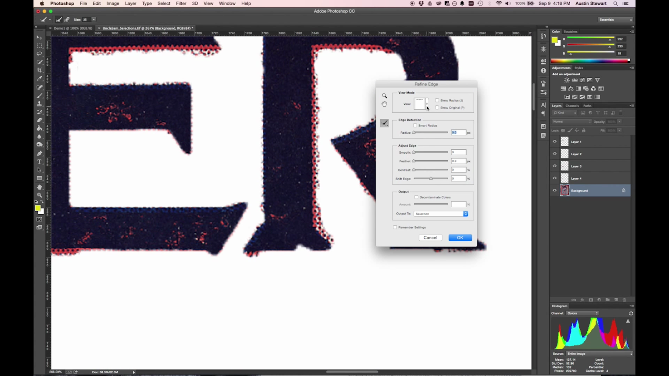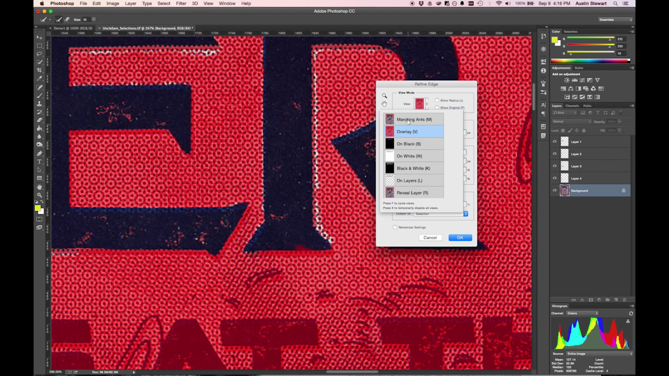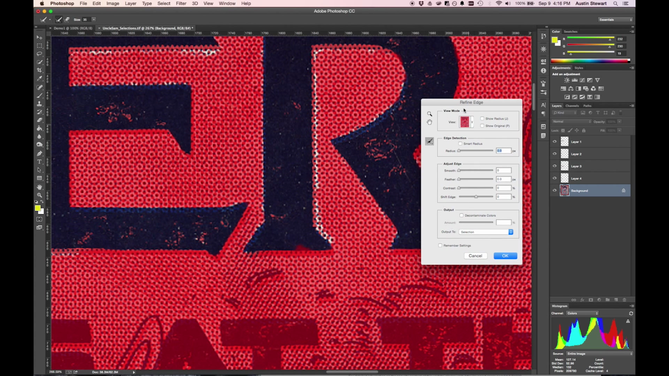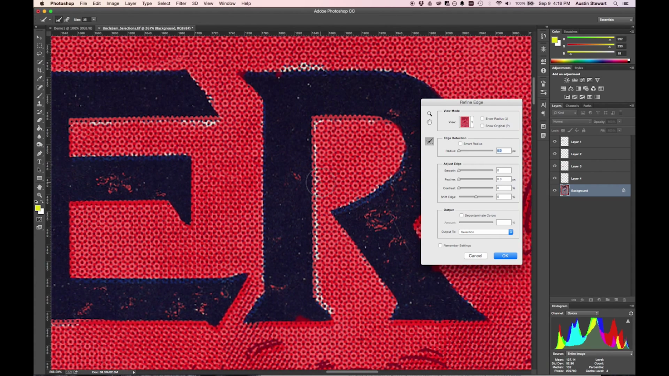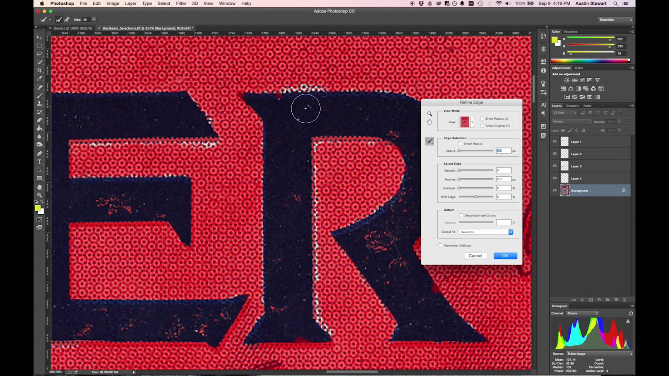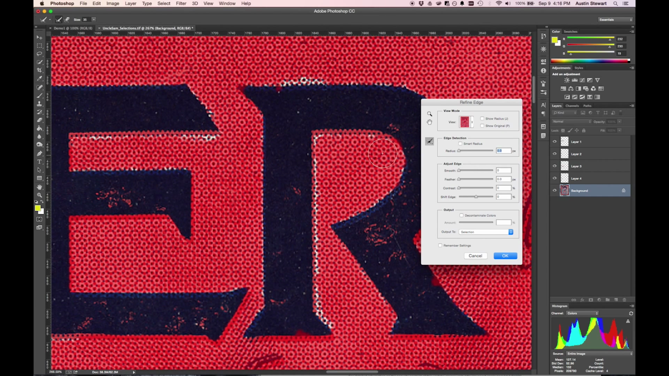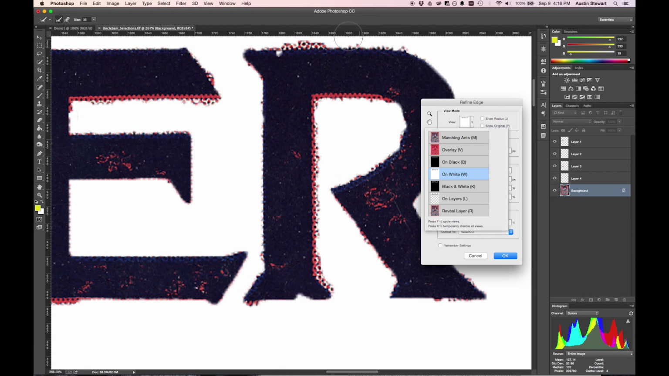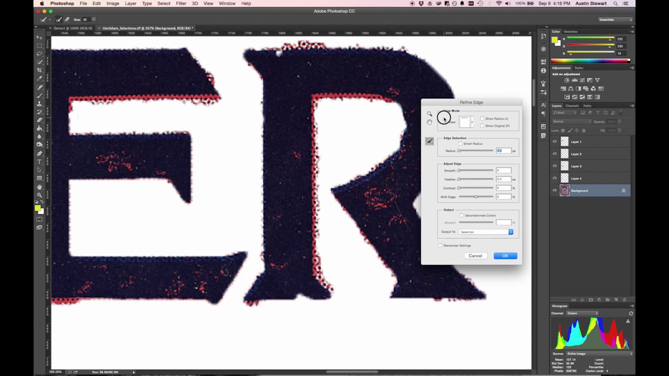Now, once I do that, the default way that Refine Edge is set up is with this red mask over the part that is not selected. Anything that's true color is selected. Anything that's red is not selected. This isn't always the most useful version. I've found that putting this on white is often really a nice way to see what's going on. And so that's what I'm going to do because it's going to be much easier for you guys to see